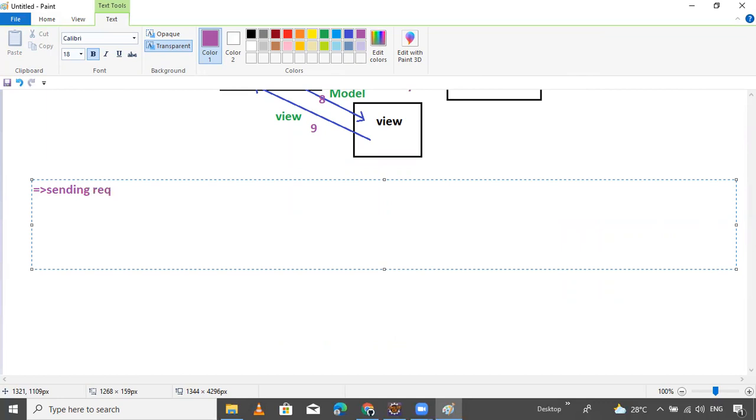So now, the first step is sending, submitting a request from the client to the server side web application. I'm assuming this is where the dispatcher servlet exists. The dispatcher servlet will receive the request.